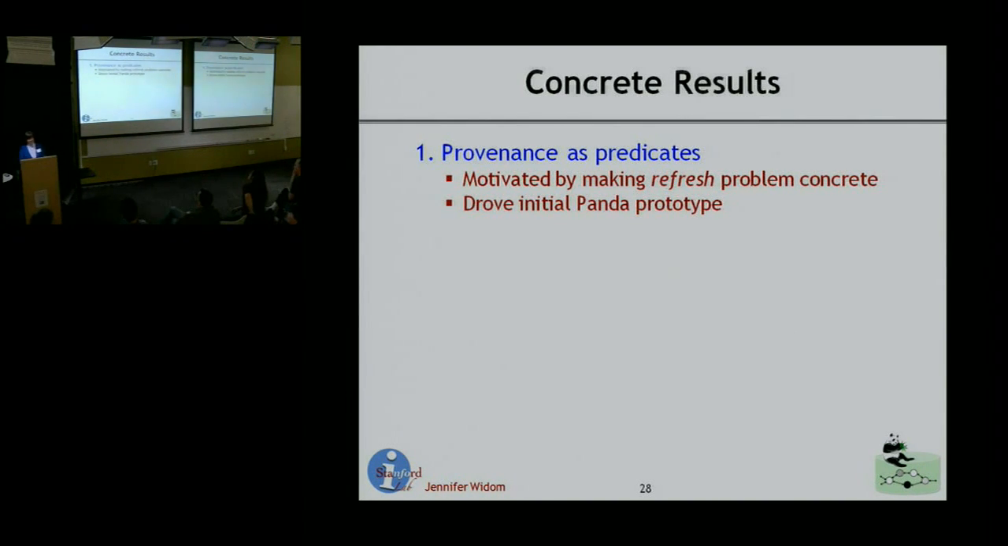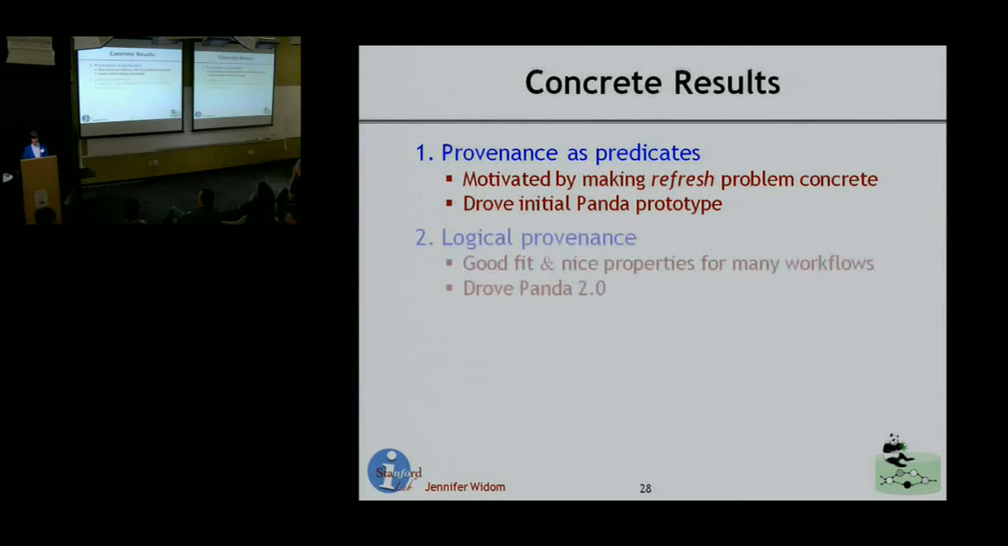And the work we did here was actually motivated by looking specifically at that refresh problem, saying I have an output element that might be out of date based on changes to the input. How do I use provenance to trace back and then push those forward? It turns out to be a very hard problem. And so we're going to use provenance as predicates for that problem, and that drove the first prototype that we built. Then I'm going to talk about logical provenance,